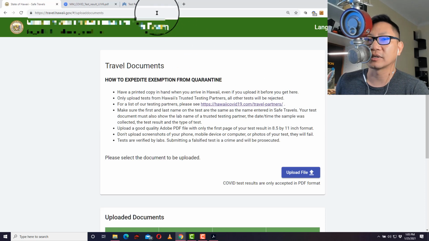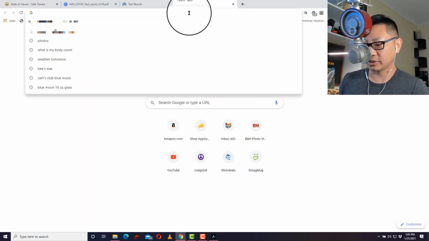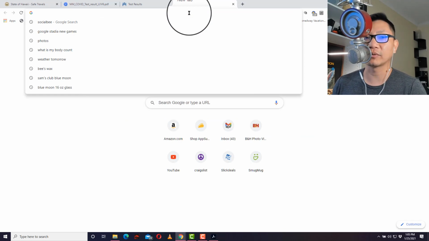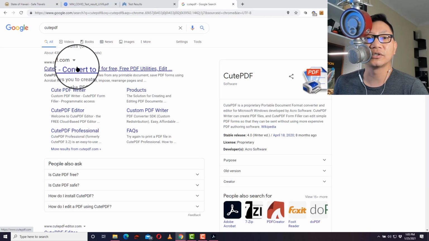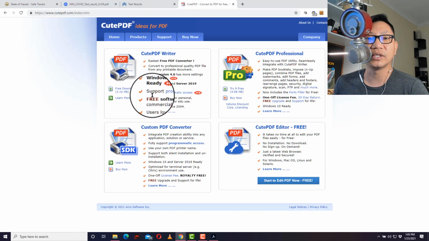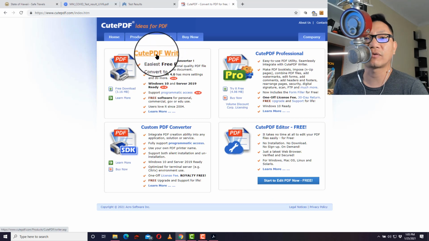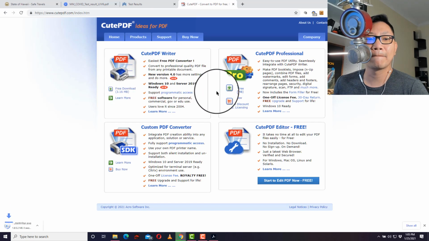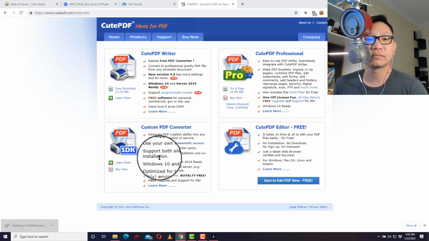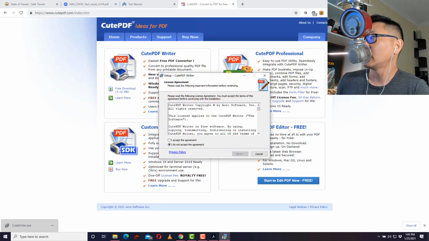Now there's another thing. If you don't have that save as PDF option, what used to be really popular is to download a PDF printer. One very popular one that's free is called Qt PDF, and I think it's still free. You could just Google that, click on Qt PDF, and choose Qt PDF Writer. See that right there? Just download it, install it. I'm going to install it right here real quickly to let you see what happens.